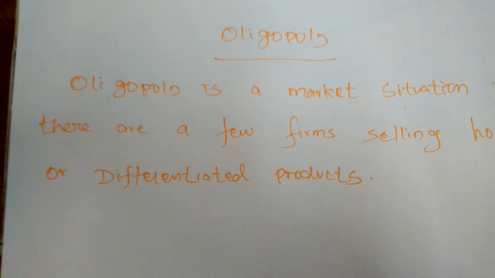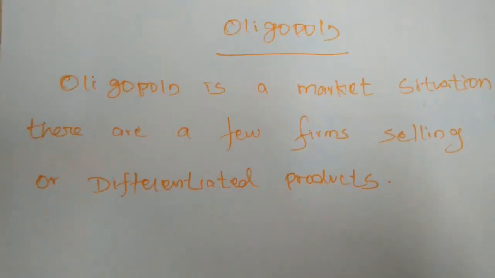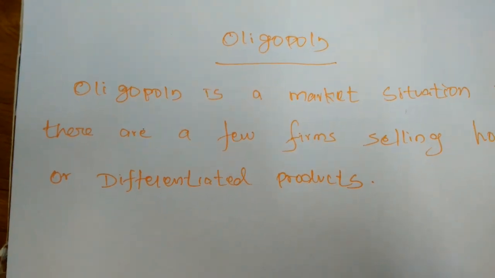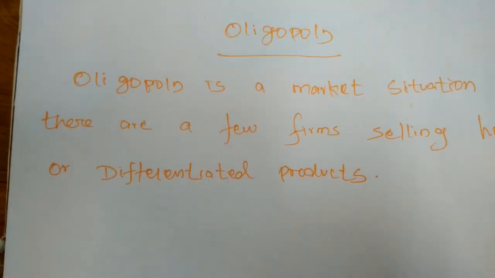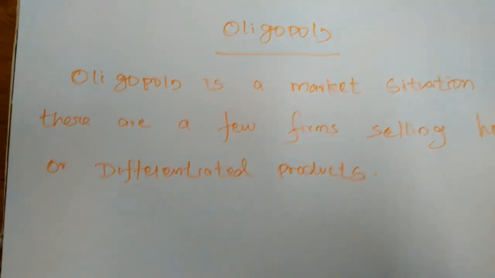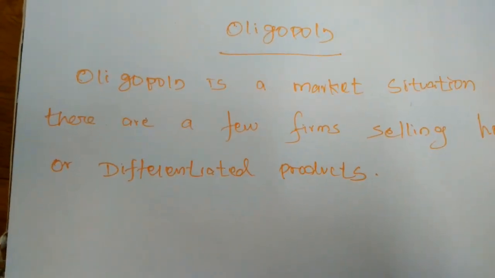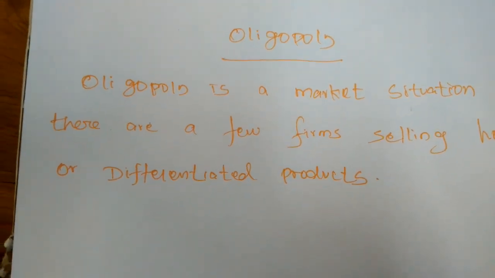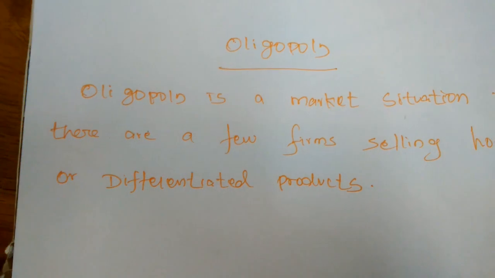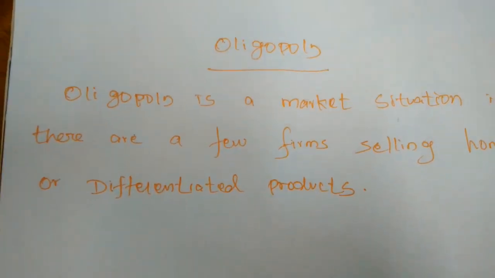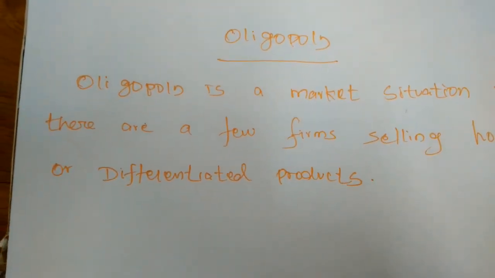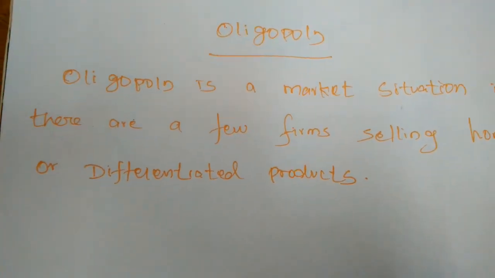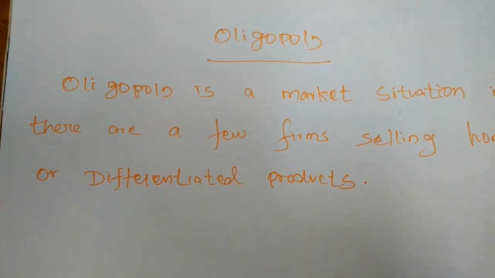Take the automobile firms, such as Tata, Ford, Maruti and Honda, so different types of companies are there. The price of the cars or bikes will be only slightly different from other products. Even if any of the firms fixes the price or brings a new color or innovations in their product, it will affect the others.